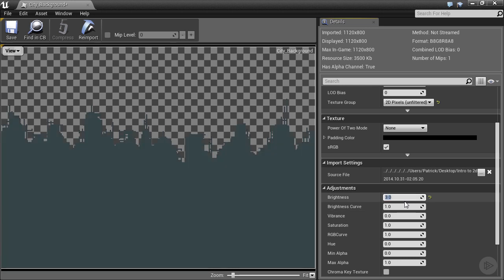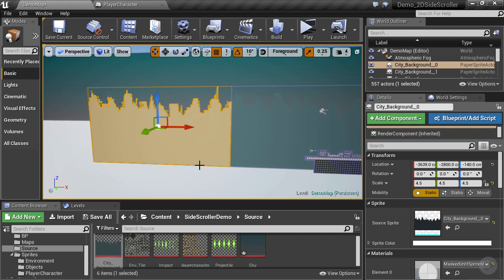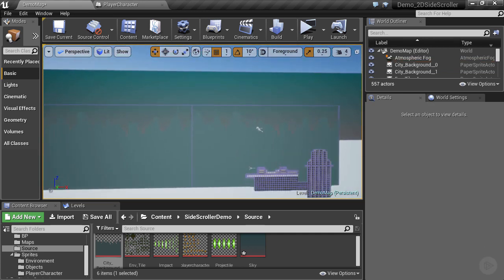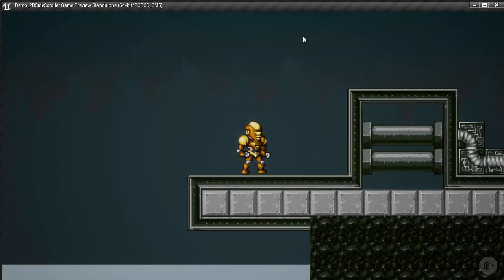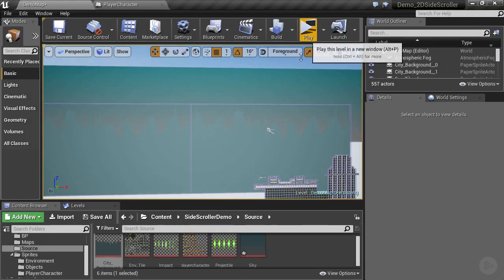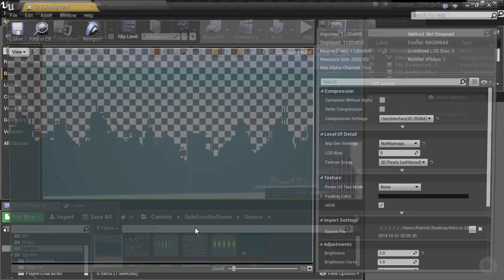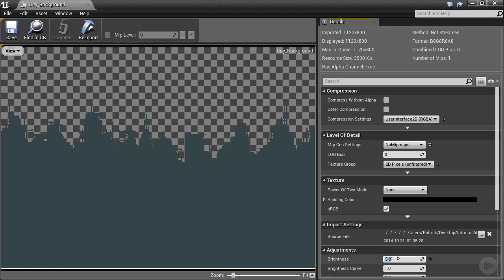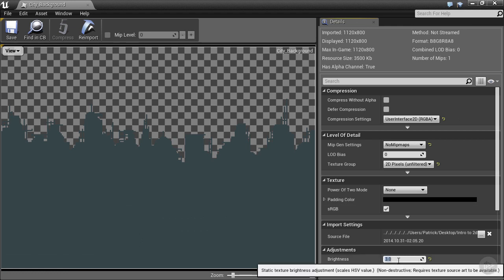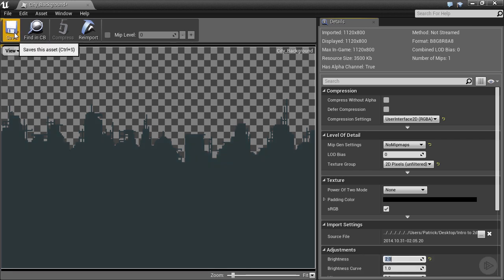And for the background, let's try a value of, right here under adjustments, where brightness is, we'll try a setting of 3. We can see it's much lighter now. So we save this. Now let's go and have a look closer here. Let's play it. Okay, we can see there's not enough contrast really between the background sky and the background skyline. So let's go in and we'll adjust the background brightness again a little bit. It's at 3 now. Right. So we'll take it down to 2